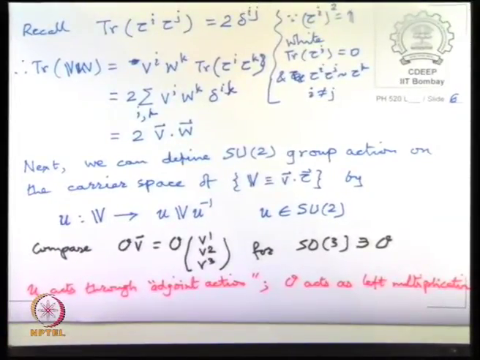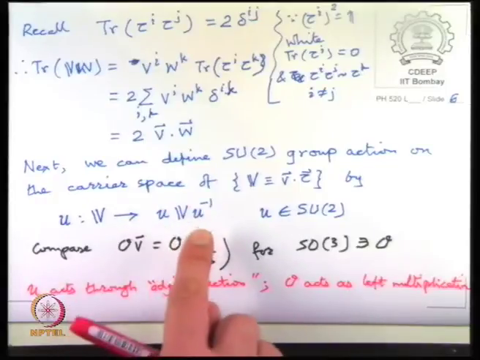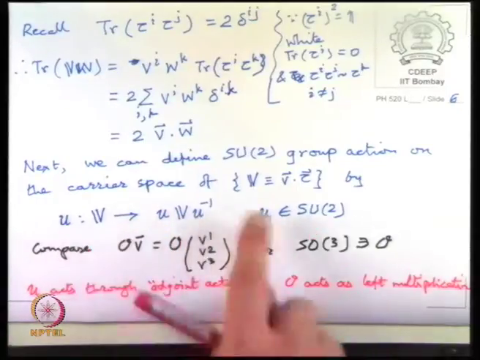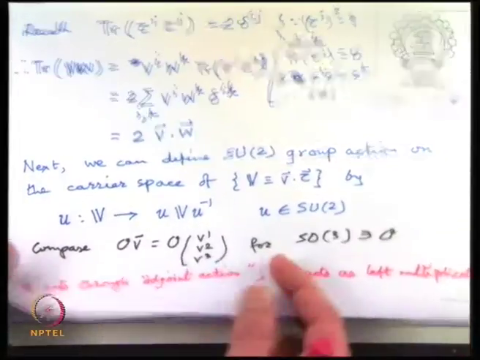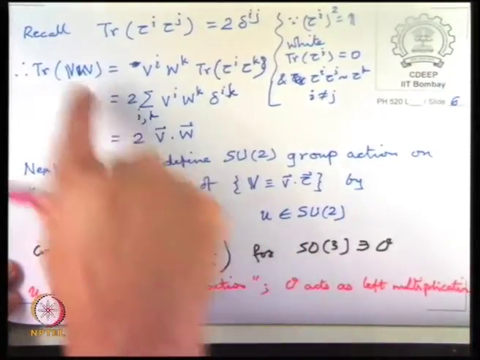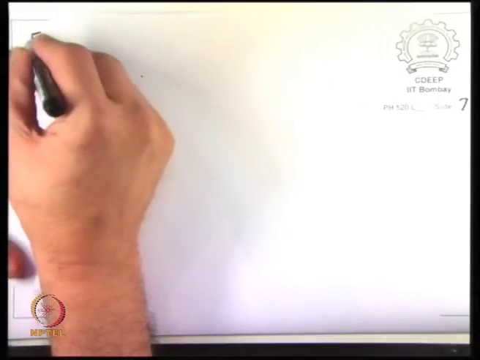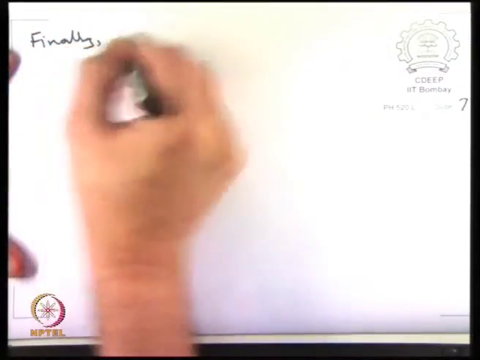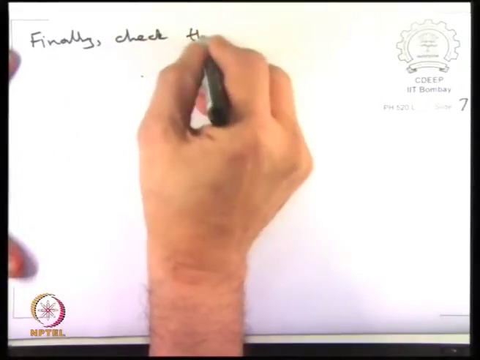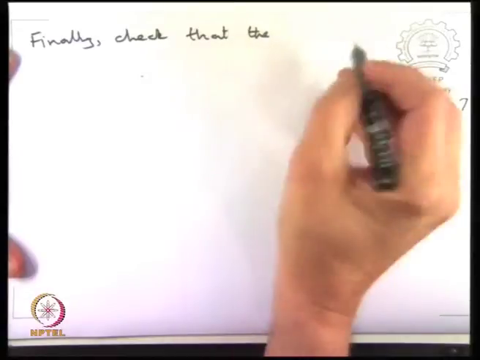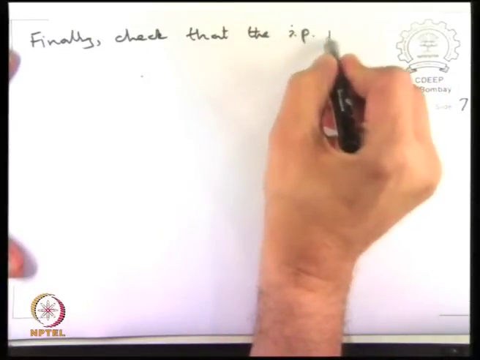So on the same carrier space, we can have both kinds of actions, either the left action by the real matrices O or the adjoint action, which looks like a similarity transformation by the SU2 matrices, and we check that the SU2 action preserves this trace operation. Check that the inner product is preserved